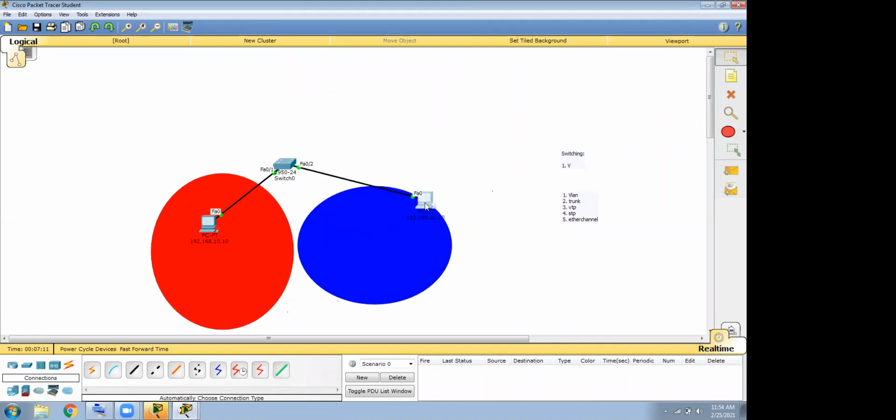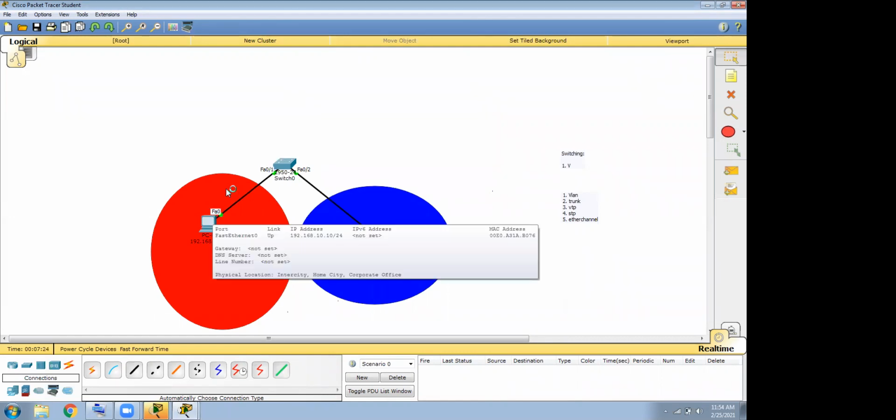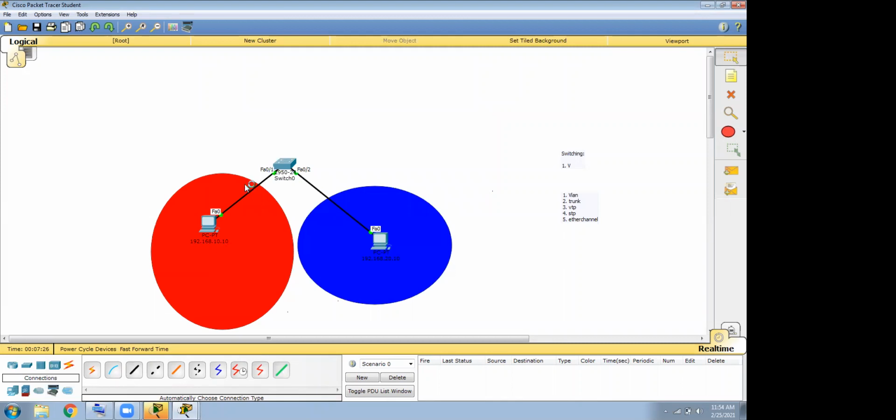Every VLAN should have a separate network, right? So now how can I communicate? Right now the question is, how can I communicate between them? I want the communication. What we understand with layer 2 switching is that every VLAN should have a separate network, and within a red VLAN, if you have 10 machines, they can talk to each other. If within a blue VLAN they have 10 machines, they can talk to each other.